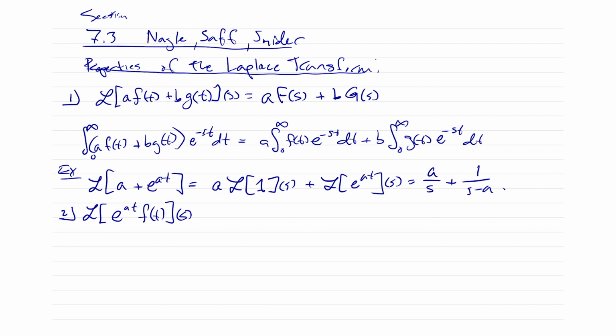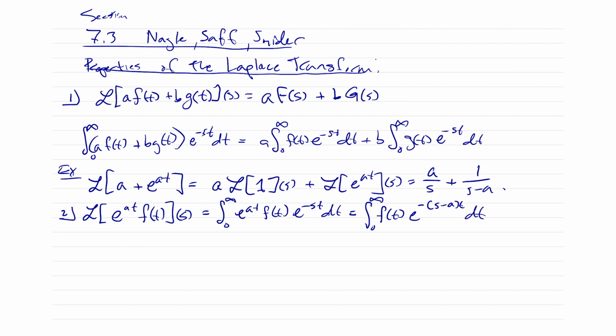and also properties of the exponential function. And so what we can do is go ahead and rewrite this as an integral from 0 to infinity of, say, e to the at times f(t) times e to the minus st dt, right? And if I combine these two guys, then what can I do? I'm going to factor out a minus sign as I go. So I'm going to have an integral from 0 to infinity of f(t) e to the, it'd be a minus s, but I'm factoring out a minus sign, so it gets to be minus (s minus a)t